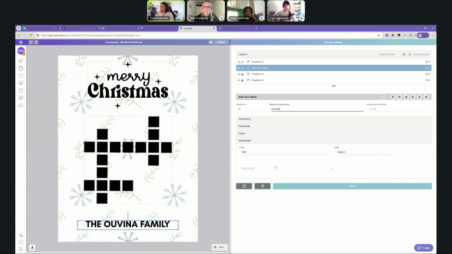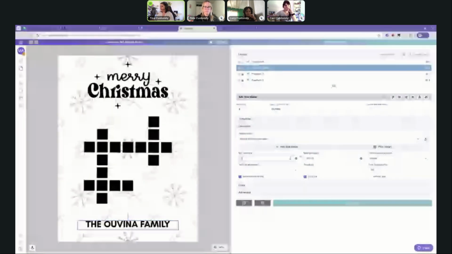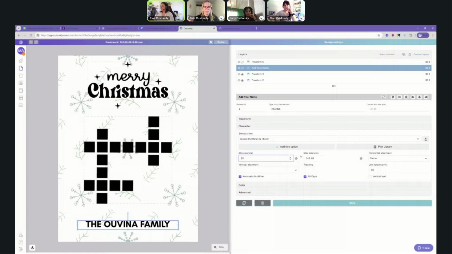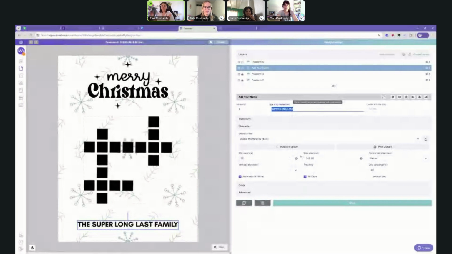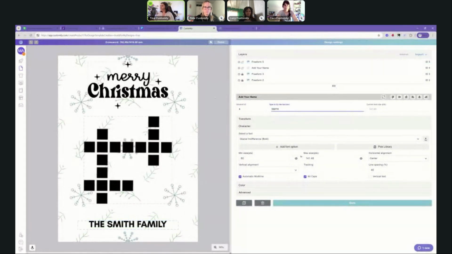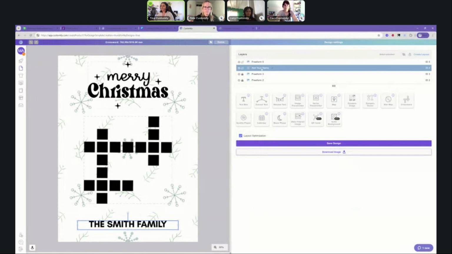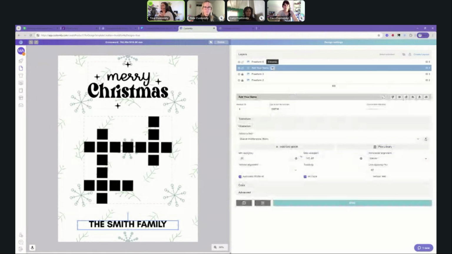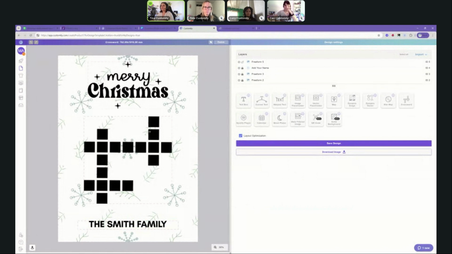So another thing I want to do here is I want to add a minimum size that's a tad smaller than the one that we have set up now, just in case someone has a super long last name, just so we can make sure that everything fits correctly in the text box. Awesome. So once we have our name text box already set up, I'm going to lock it